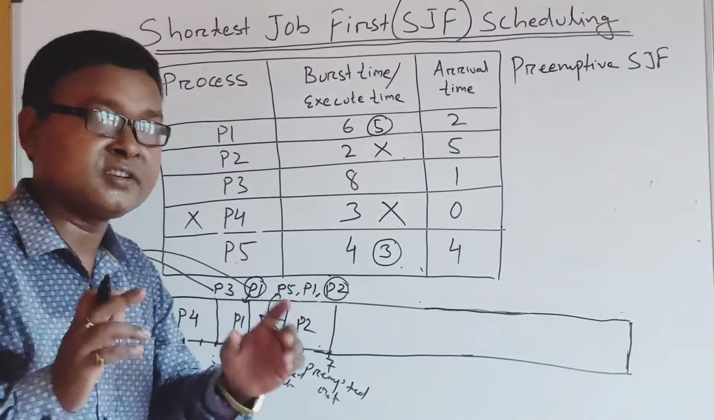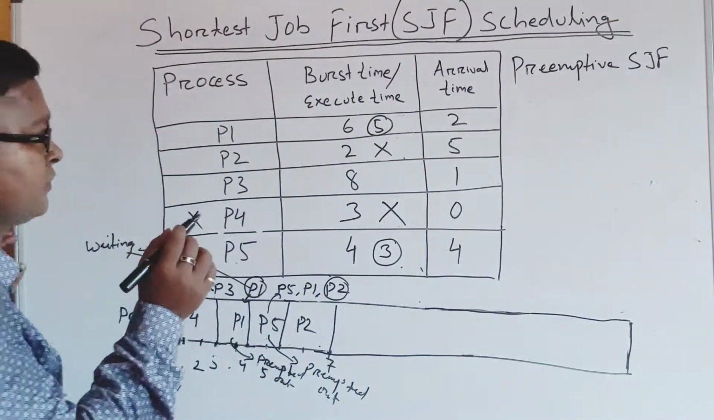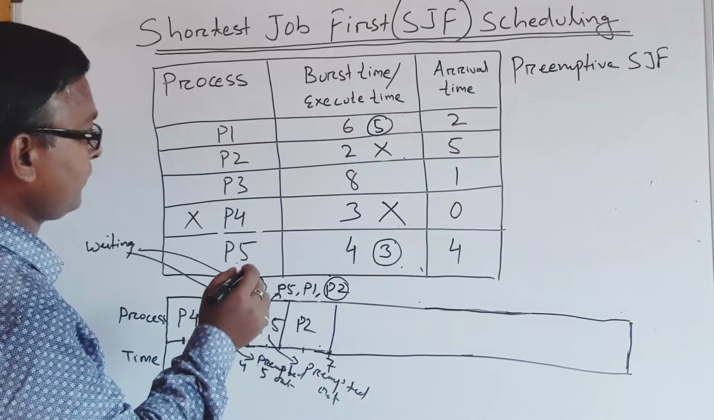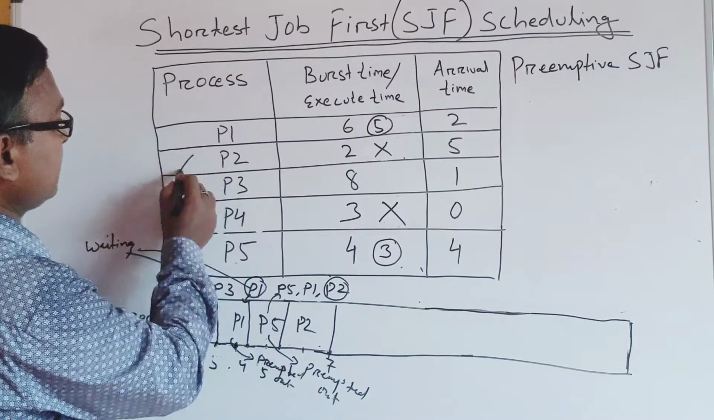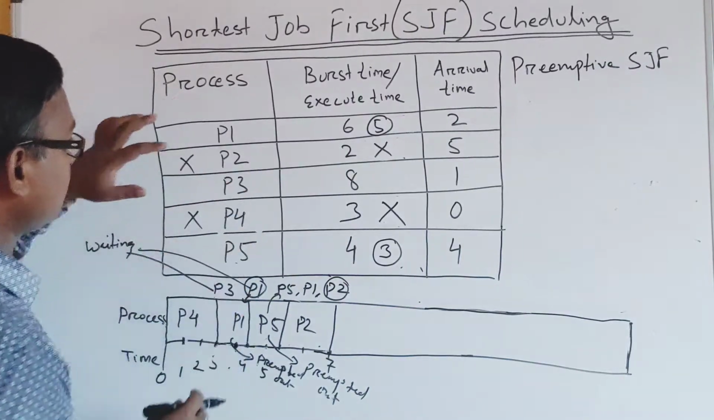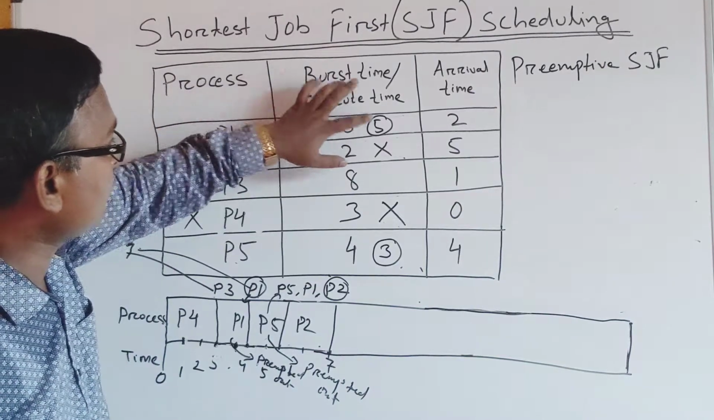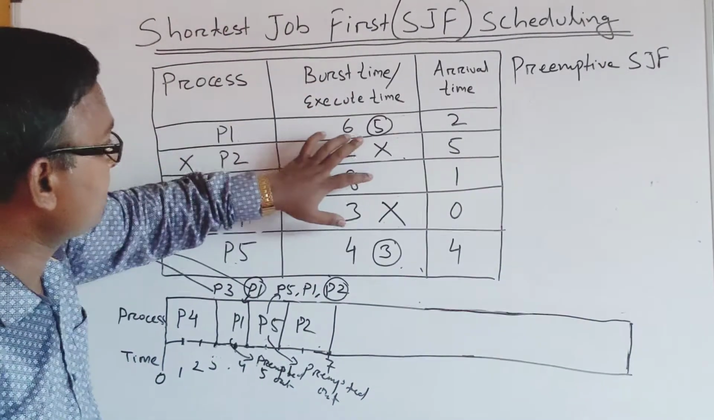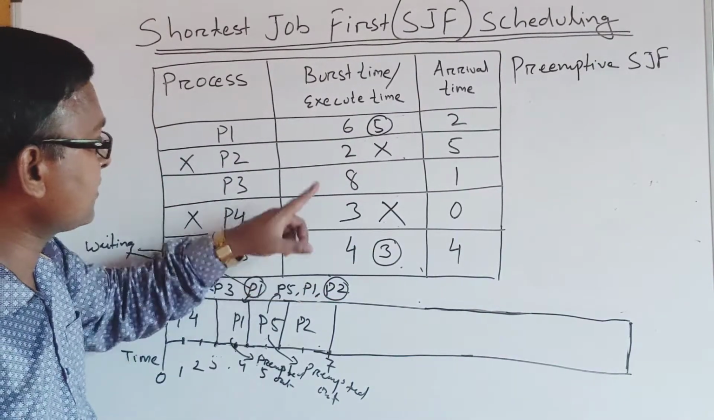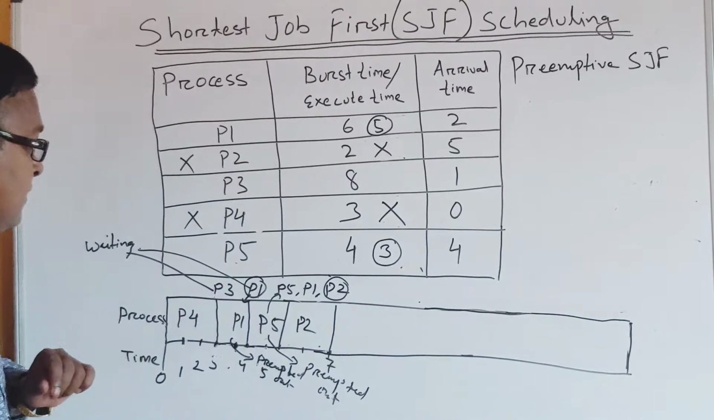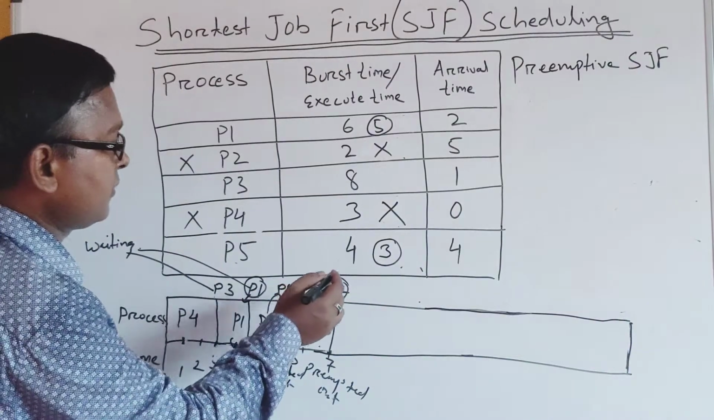So right now, which one is the shortest job according to SJF? That will be chosen, right? So which one is the shortest job? P2 has completed its execution, right? Which one is left out? P1, P3 and P5. So out of these, P1 is 5 units, P3 is 8 units and P5 is 3 units. So which one is the shortest job? The shortest job right now is